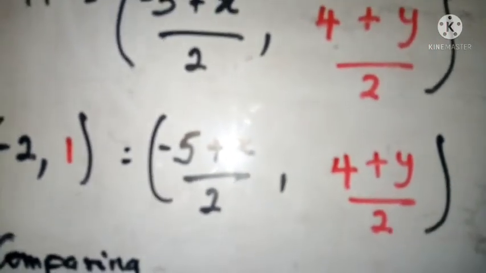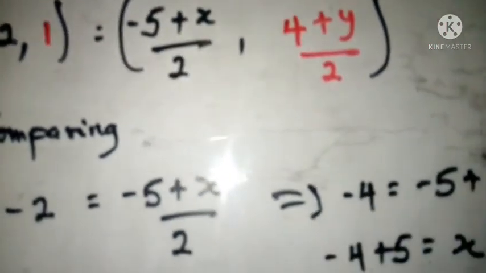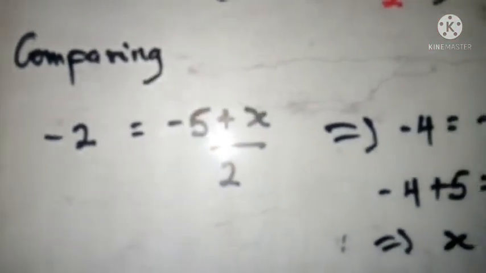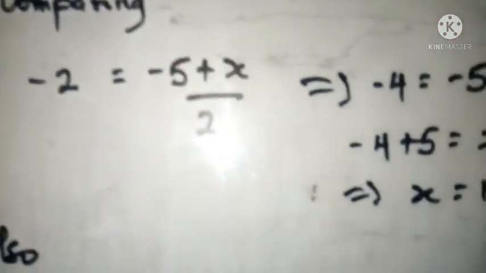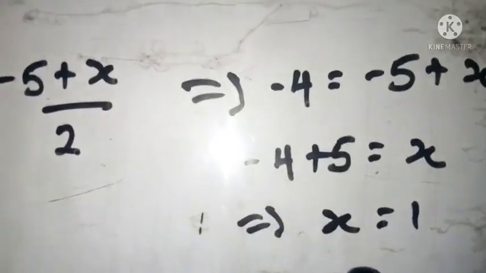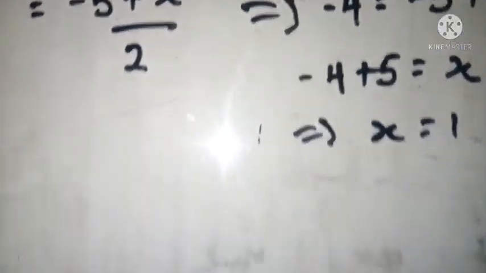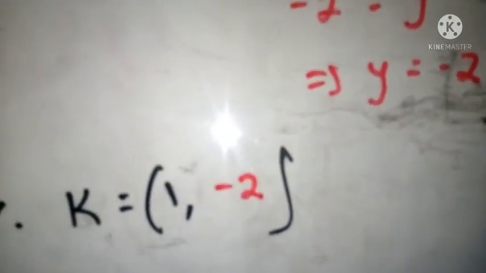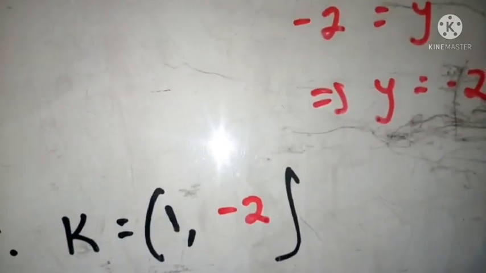The same procedure I used to solve the first problem is the same way you need to do this type of question. If you solve everything very nicely, you have your x to be positive 1 and your y to be -2. So the point here will give me 1 comma -2. So this is how simple and very easy